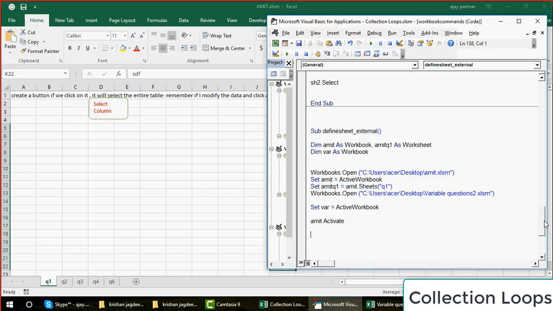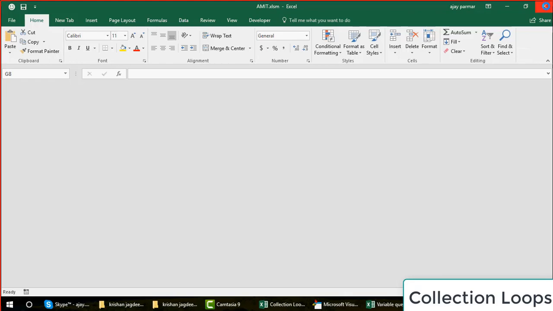This is how it is, right? So the next time when I say Amit.activate, like in this case, and I say Amit Q1.select, that's going to select that sheet.